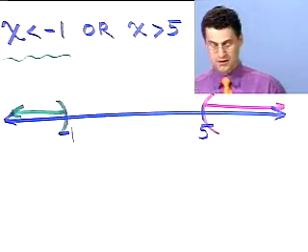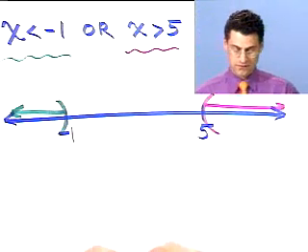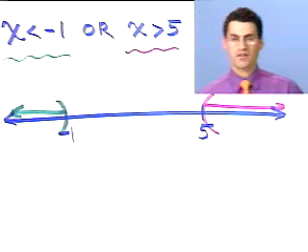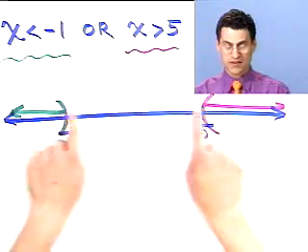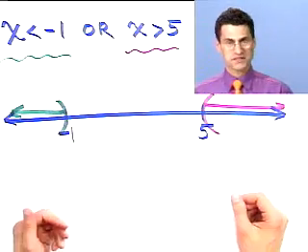So that'd be this picture. Notice those two people don't overlap at all. They have nothing in common. But I'm not asking for a common solution. I'm asking for a solution to either one of them, which means the solution set is actually all of this put together. Any of these things will satisfy this